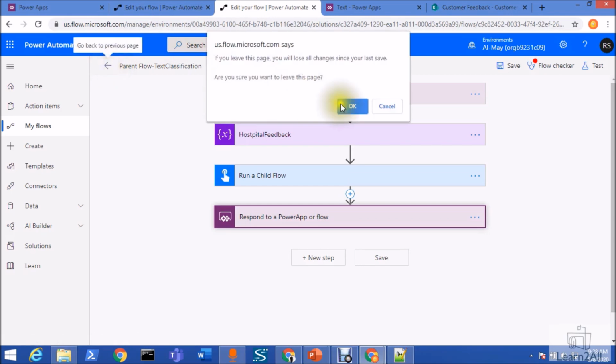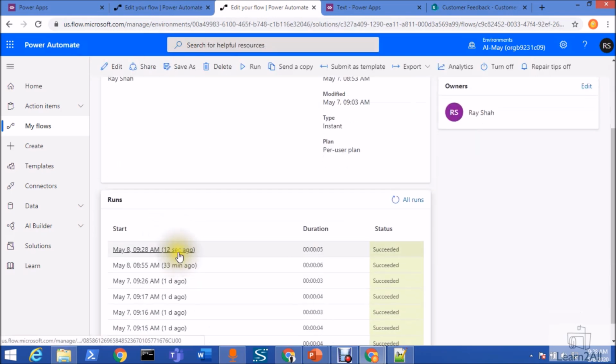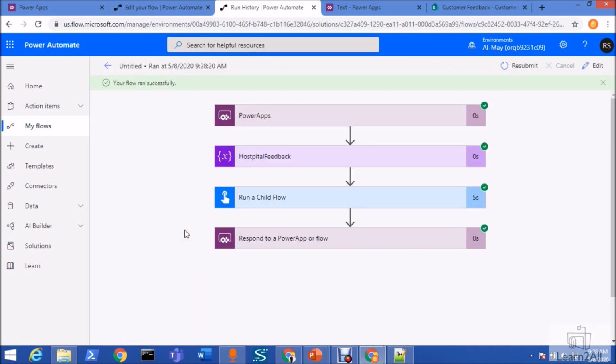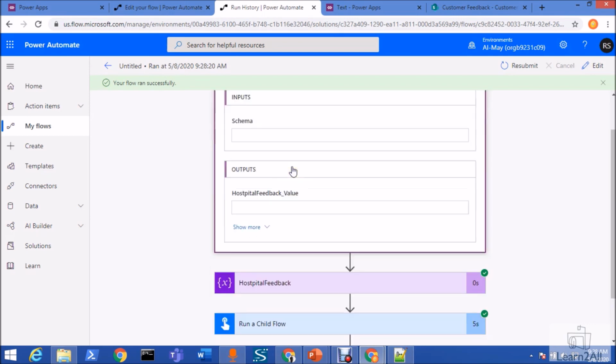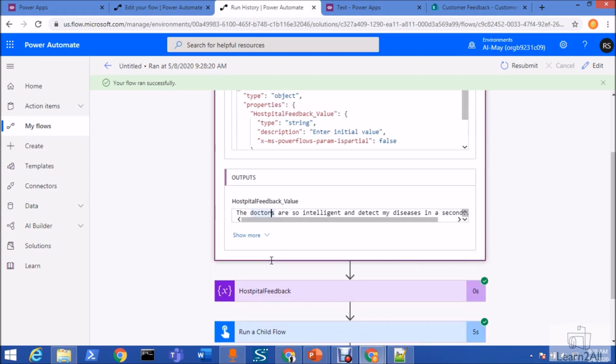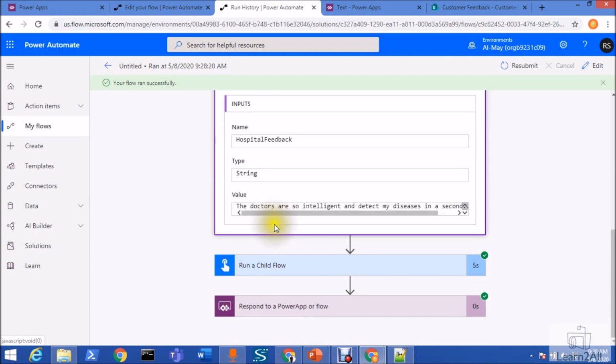So this is my parent flow, and you can see that 12 seconds ago it ran successfully, and that it was triggered from Power Apps. What's the value of our feedback? This one is the feedback, this is the string.